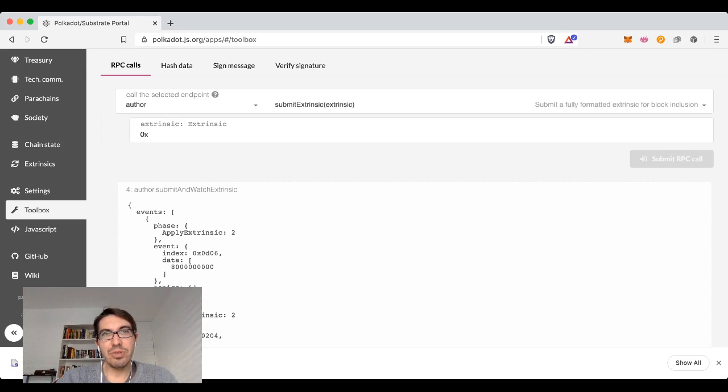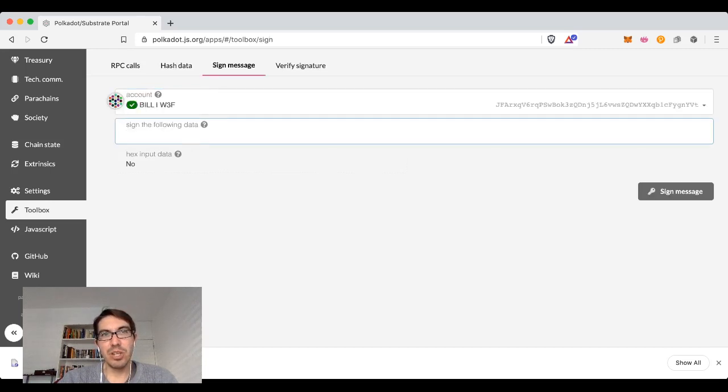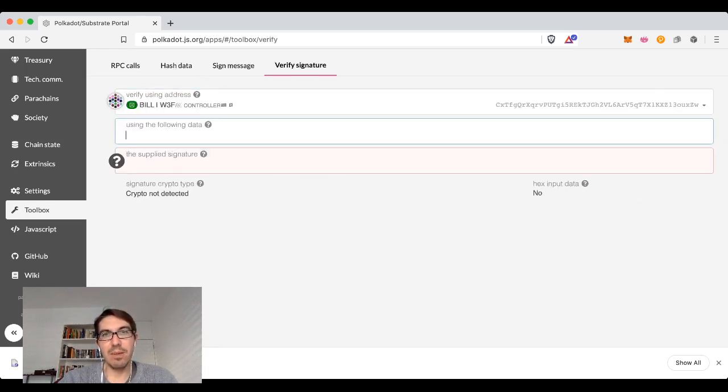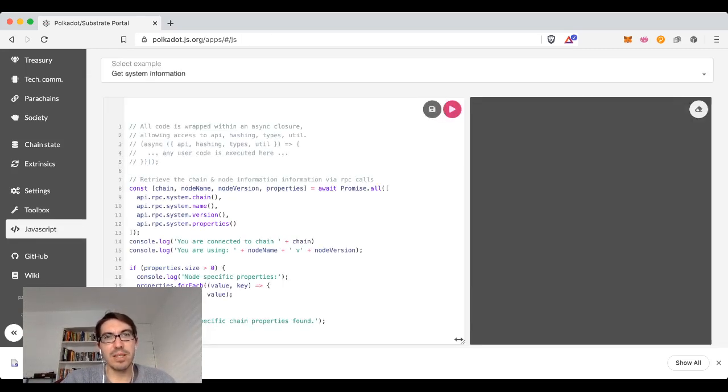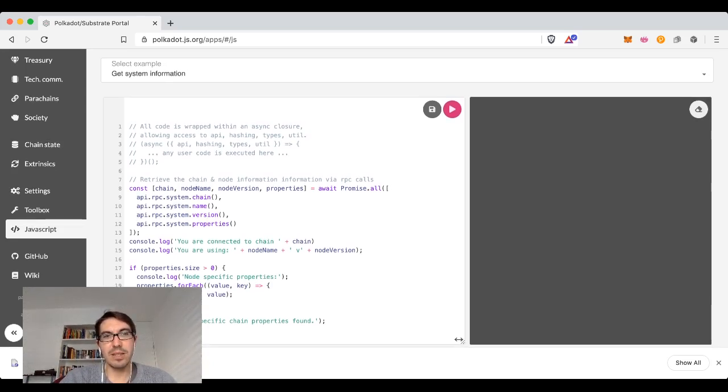The Toolbox allows you to do some other very, very technical things. Making a remote procedure call into this current node, so finding information about the node that this UI is connected to. Make a hash, sign messages, verify that somebody sent you a message correctly. And finally, there's a little JavaScript toolbox here that lets you run JavaScript against the Polkadot API. There's a very simple example here that has some JavaScript that's just going to get some information from the current chain. So if I run it,